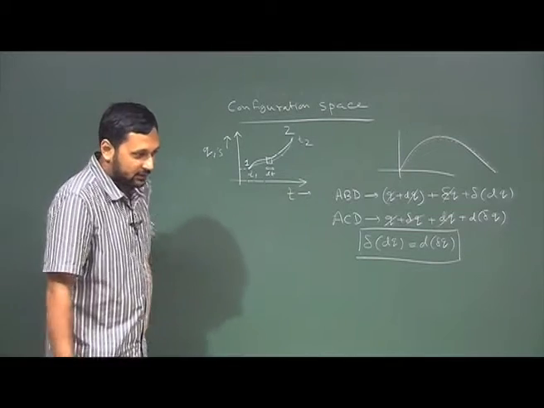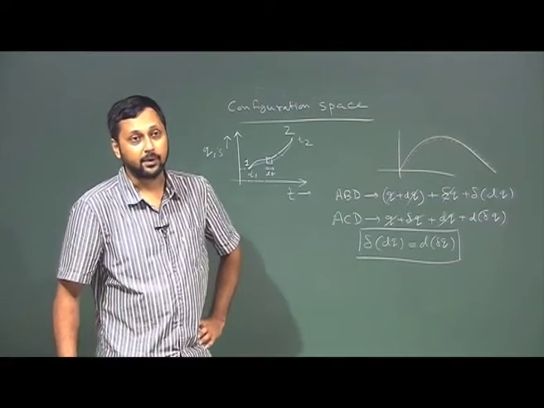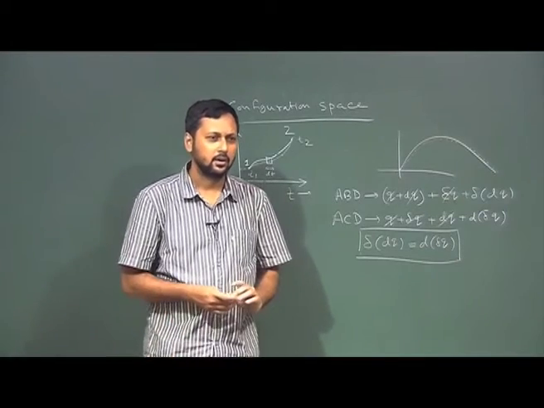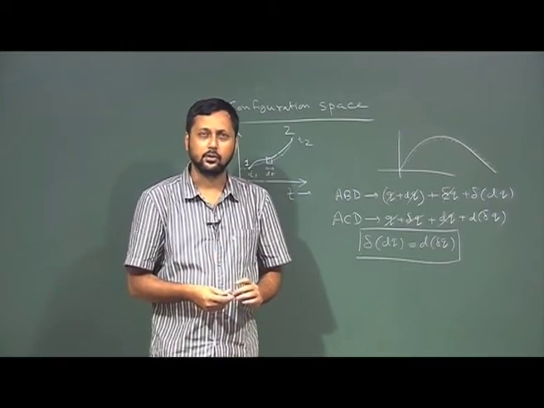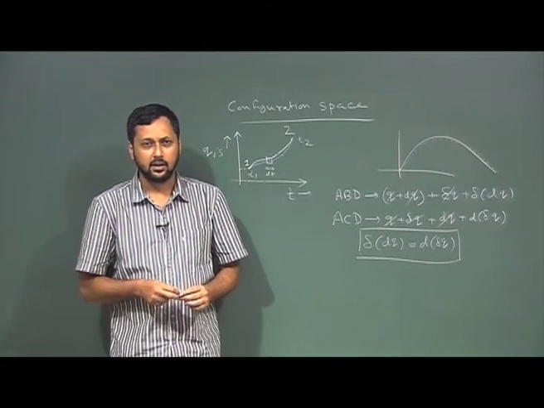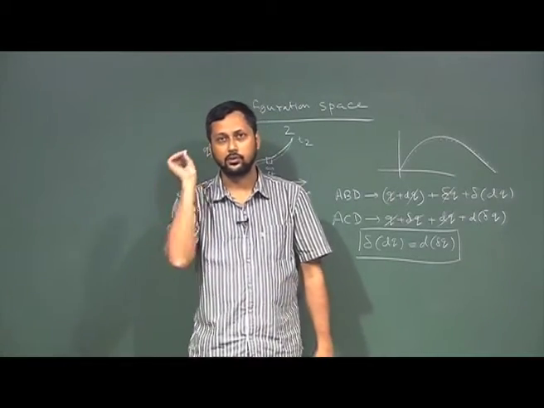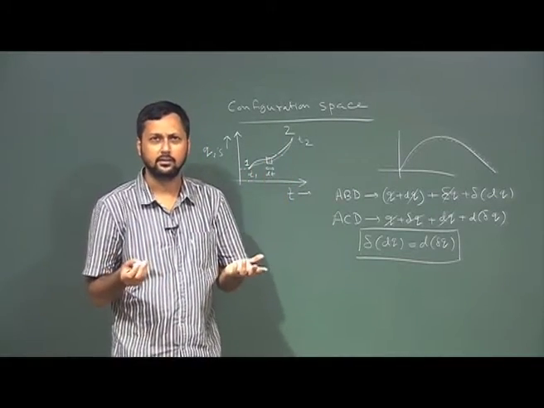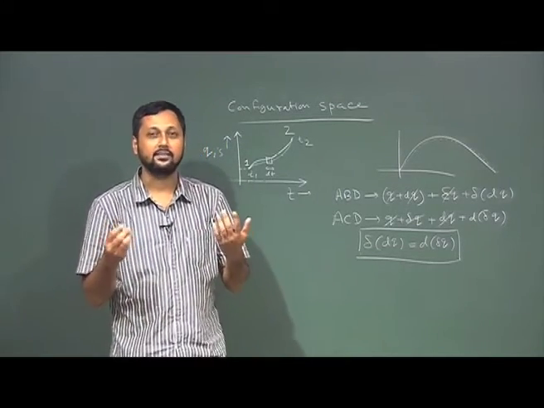Fermat came up with this principle of least time back in the year 1600. At that time classical mechanics was in its early age, before Newton. We did not have much idea of modern mechanics, modern equations, but when that came into the picture, people started asking why a mechanical system takes a certain path. For example, when I throw this chalk, it will take a parabolic arc. Why a parabola? Why not anything else? What makes it take that particular path?